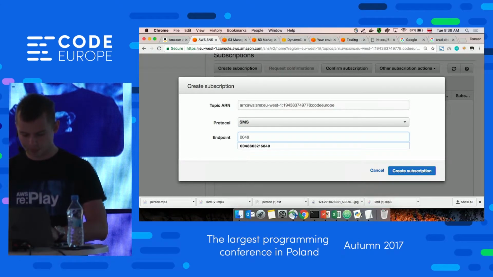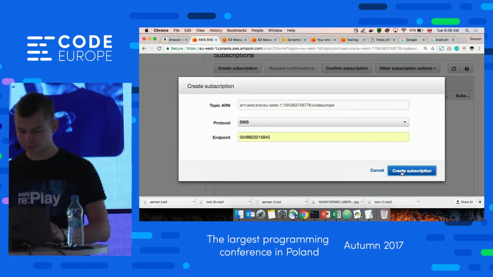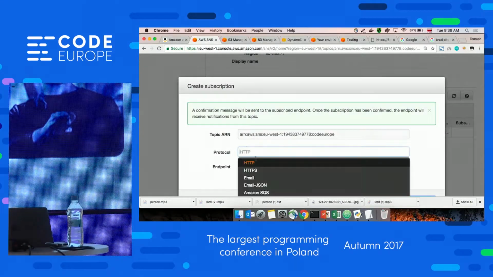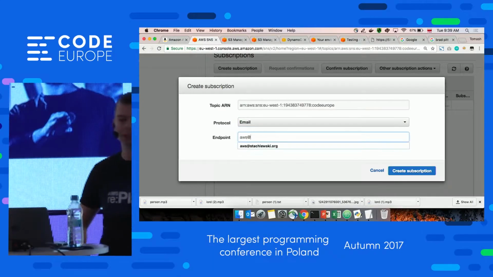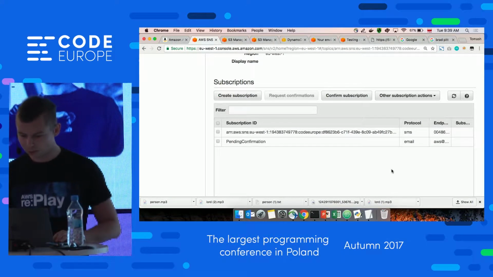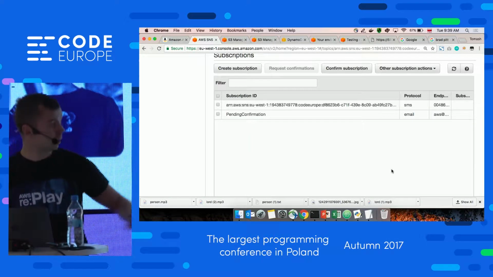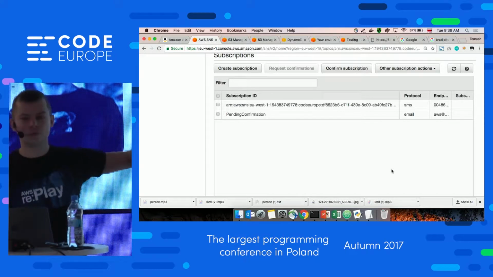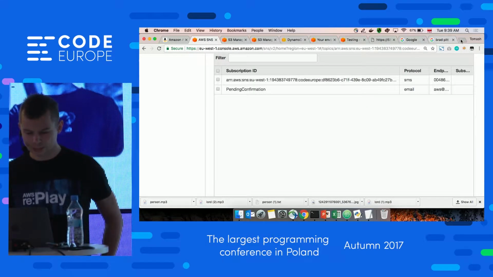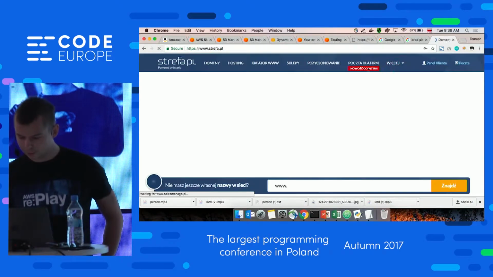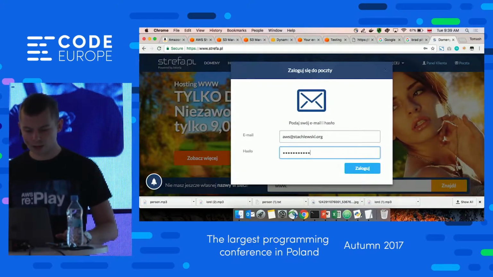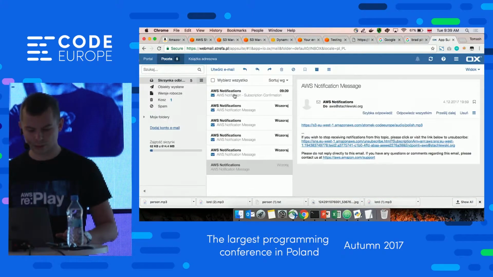So now whenever I will send here a message, it will be sent to SMS, and to the email address it can't, because there's a pending confirmation. So I need to confirm on my email box that this is my mail. So I will just log into my mailbox. So I just got an email asking to confirm this is you. Let's confirm it. And now on SNS, if I will refresh it, I have got information that those subscriptions are okay. Cool.